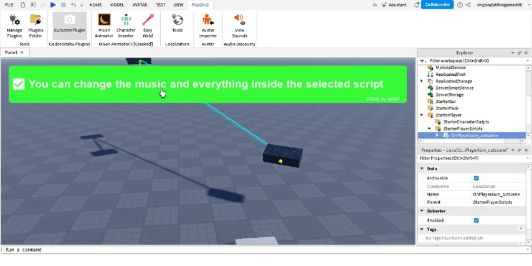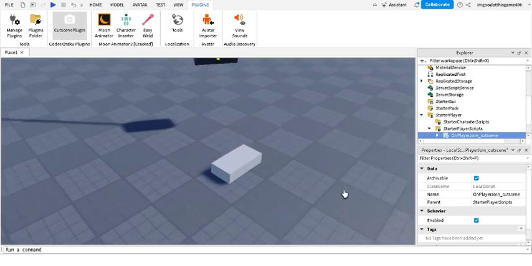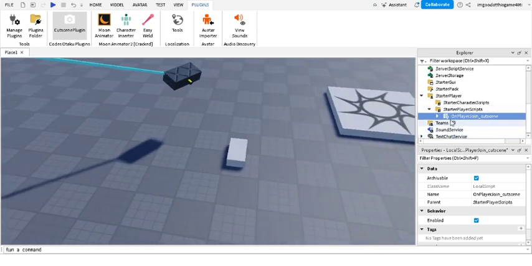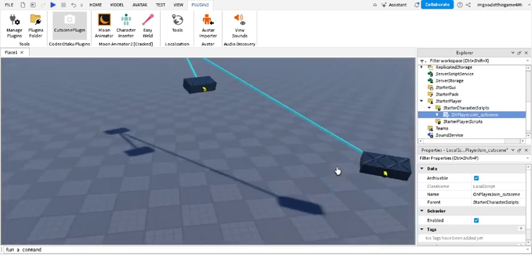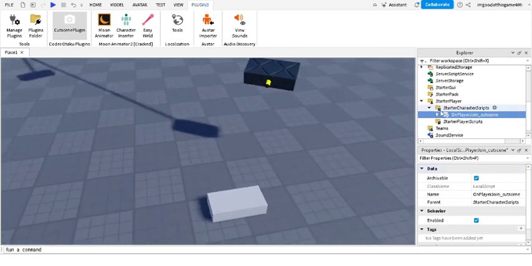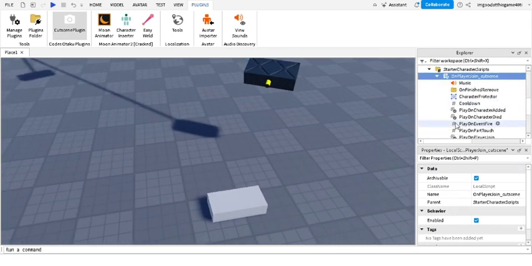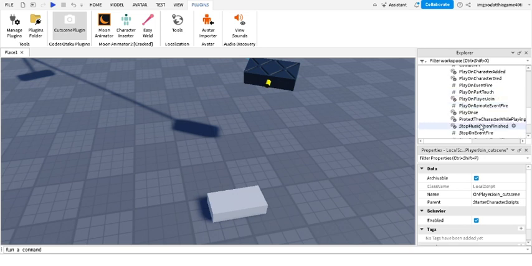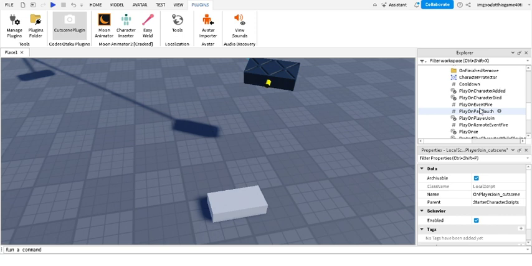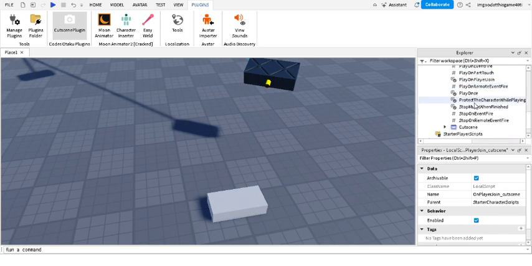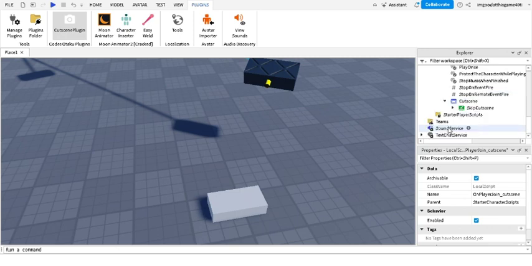If you're done doing the cutscene, the script should not be here. It's supposed to be here. And if you're done doing that, press this, and press the play on touch again, I think. Yeah, maybe.